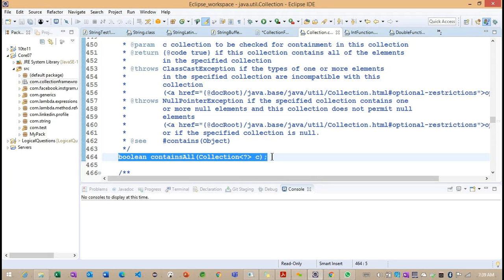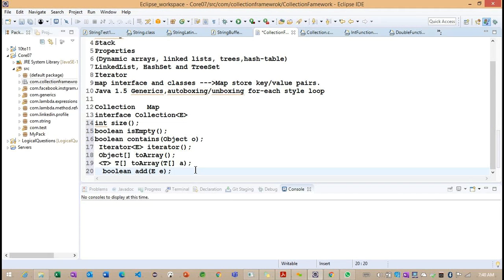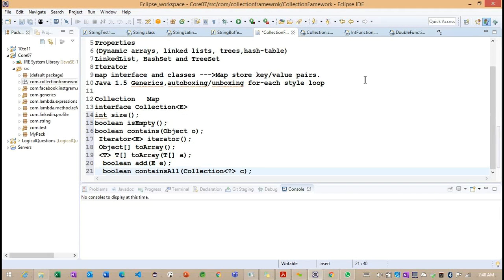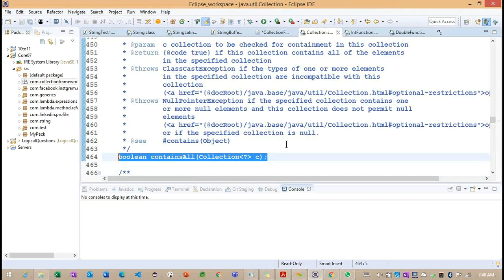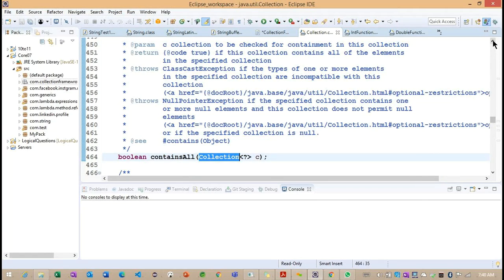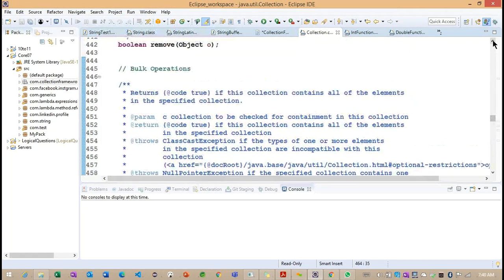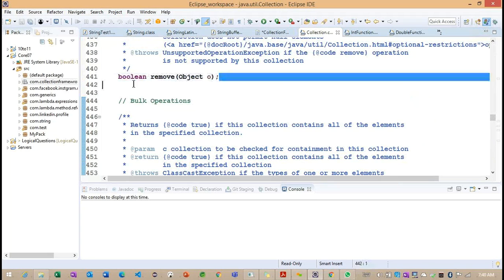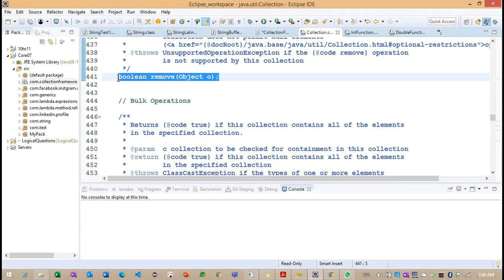Getting the point? Whatever collection we pass, we check whether it is contained inside this current collection or not, using the containsAll method. So this is the only purpose of the containsAll method.